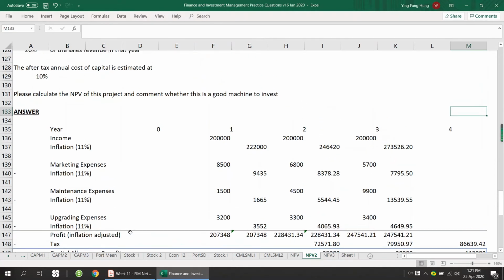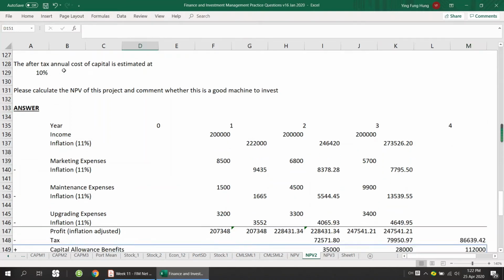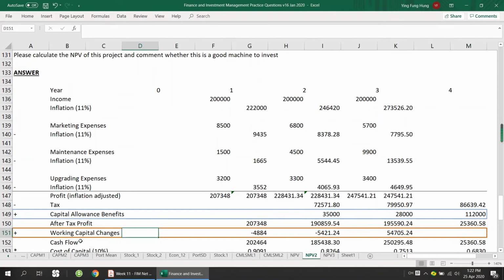Now, according to the question, the working capital investment at the start of each year is equivalent to 20% of the sales revenue. A more advanced way to calculate the working capital changes is that we take the difference between the sales revenue in these 2 years and then we multiply this by that 20%